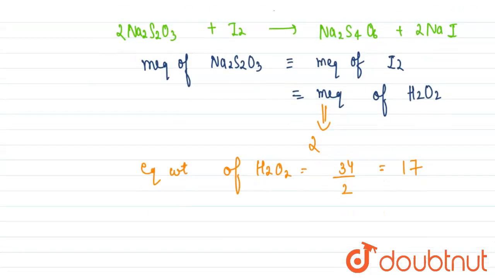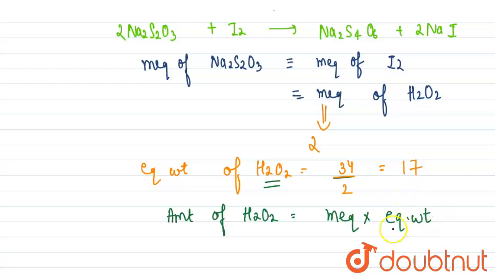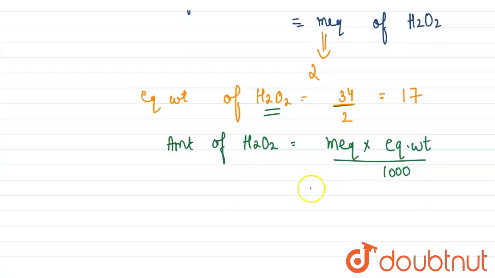We also know the equivalent weight of H2O2. That is molar mass upon 2, which comes out to be 17. So our mass or amount of H2O2 will be milliequivalent into equivalent weight upon 1000. So our mass of H2O2 will be 17 into 2 upon 1000, that is